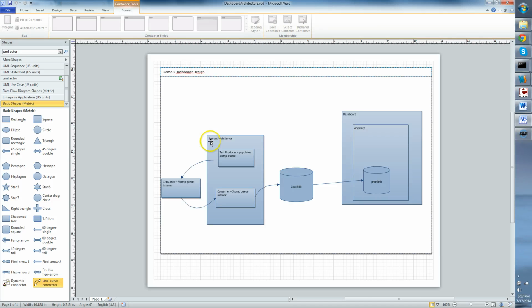So what we have here is the web server. It happens to be an Express web server. And we have a test producer. It populates the stomp queue. This queue will actually be populated by each step in the process. So all our processes will have a message that will be generated. And to simulate that, it pushes it to the stomp queue, and then from the stomp queue, it populates the